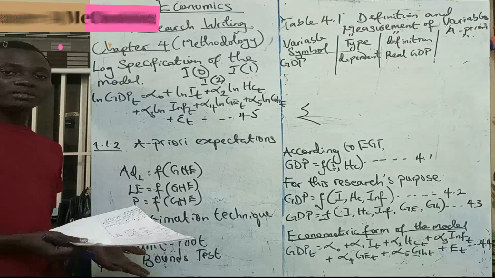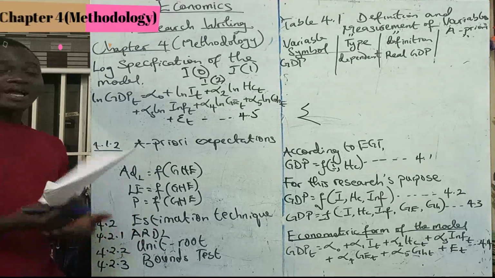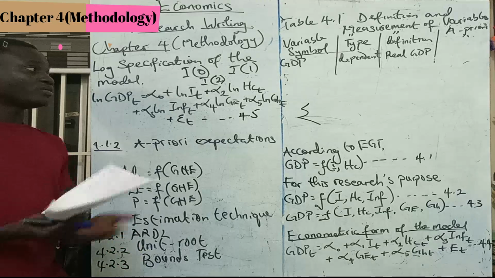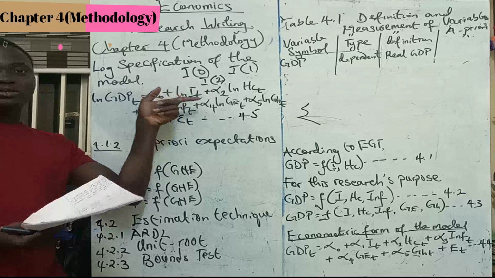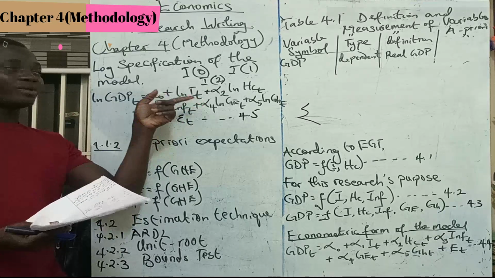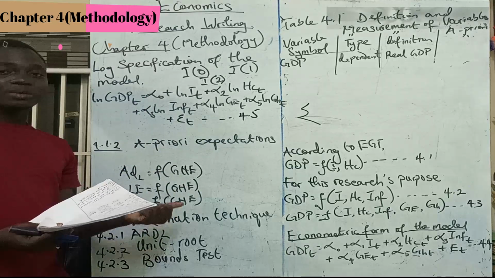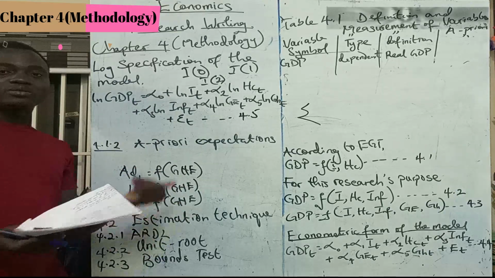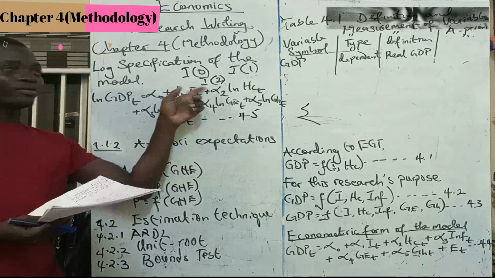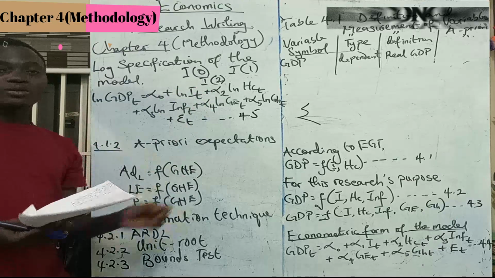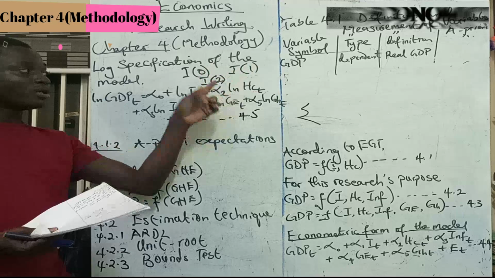Now I've told you mine is I'm looking for stationarity of a particular kind, I0 and I1. What I'm trying to do is to avoid I2. I don't want my variables to be stationary at I2, that's second difference. So if any of my variables happens to be stationary at second difference, that means I can no longer use ARDL. And that's talking about my chapter 5. So after carrying out my unit root test, I realized that, let me say, inflation is stationary at second difference, which means I can no longer use ARDL. ARDL it's either this or this, or maybe a combination of both, but not